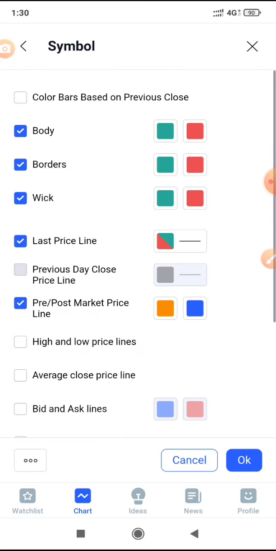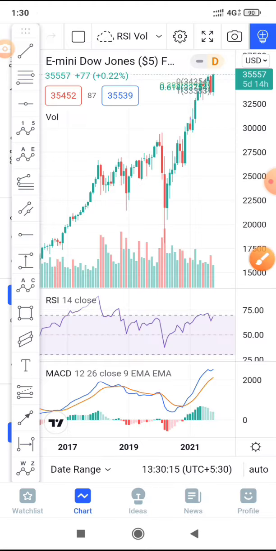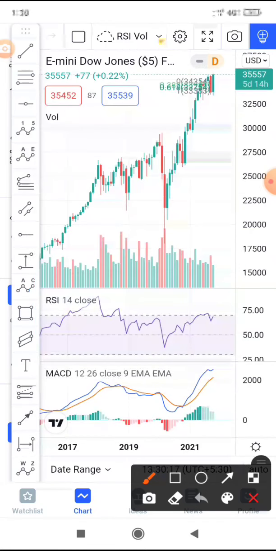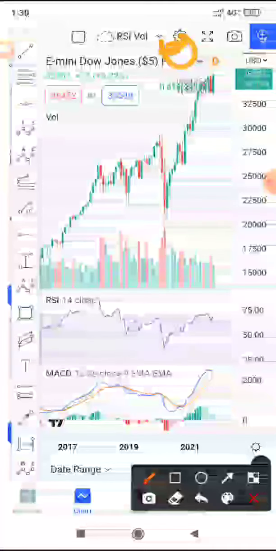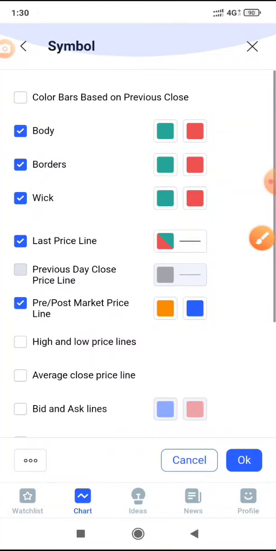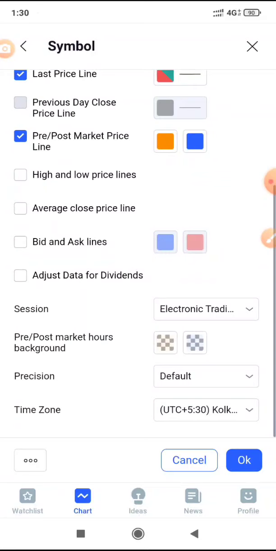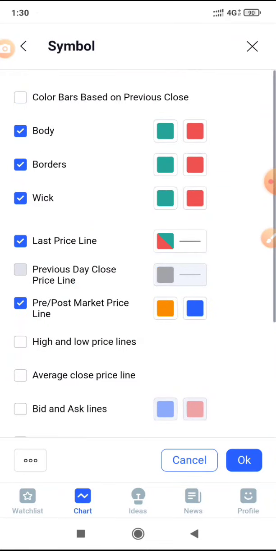So you can change the colors as per your liking from the settings menu. So this is a settings menu. There is a setting button right here, you can see. So from the setting menu you can change the coloring scheme. And yeah, if you like a dark theme, that is also available in this. So you can go ahead and use that theme as well.